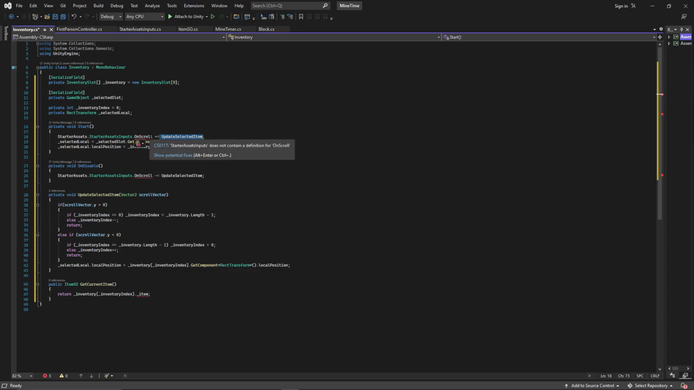And this event is going to pass in a Vector2, and that's going to be that scroll vector. So it's either going to read positive 120 or negative 120. And then next, we're going to go ahead and assign this reference here. This is going to be GetComponent of the RectTransform of the selected slot. And then here, we're actually changing the position of that